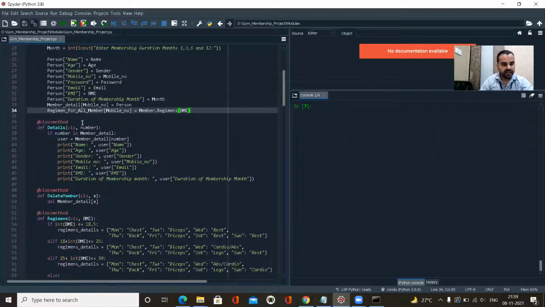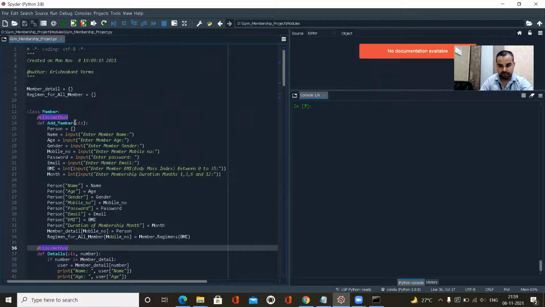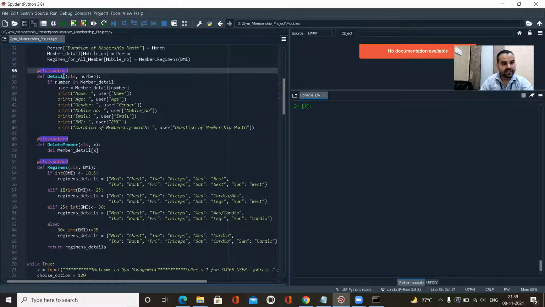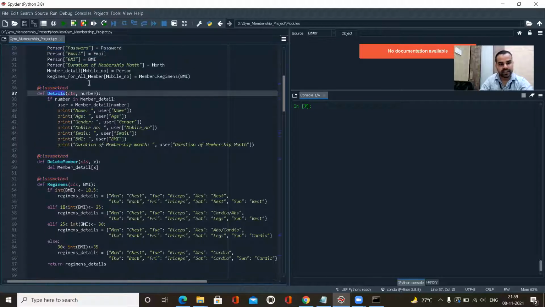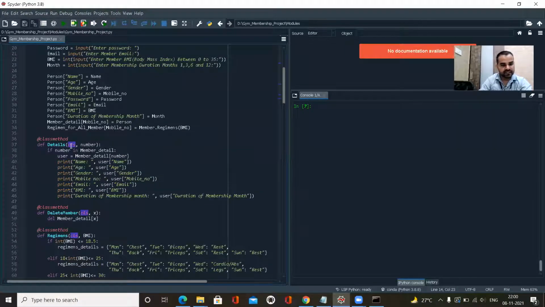Again, here I have defined a class method, which is derived from the class Member. And here I have written a program for the details, like if I want to see the details of a user, of a member. So here is a class, CLS, where I'm taking all those details like add member. In this CLS I'm taking all that input, and giving the output to the viewer, to the super user who wants to see the details.